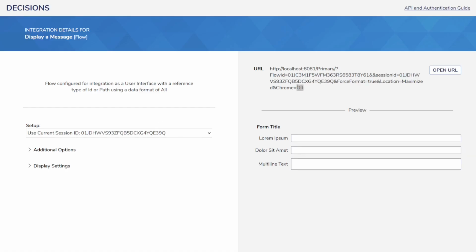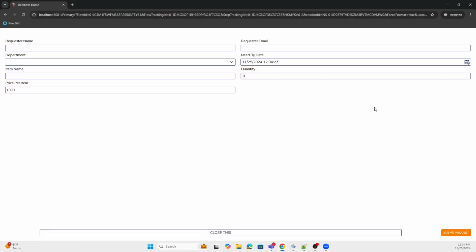Now you might be thinking, what does this have to do with our lesson on end form session? Well, I want to bring this up because there is one very crucial feature that you must take into consideration when you're calling a flow like this via an API. So if I were to go to a URL like this on a separate browser, and then I put in all the information that I want here,